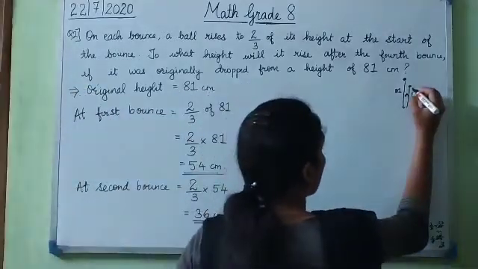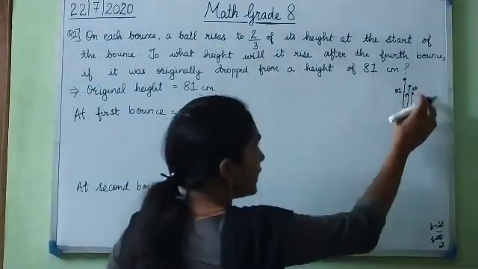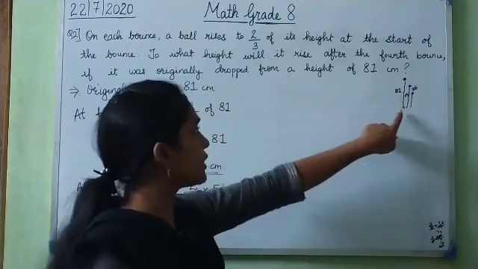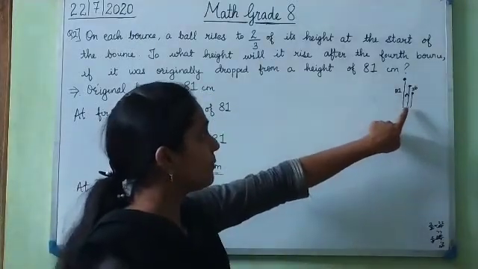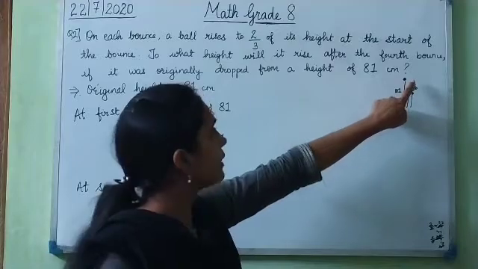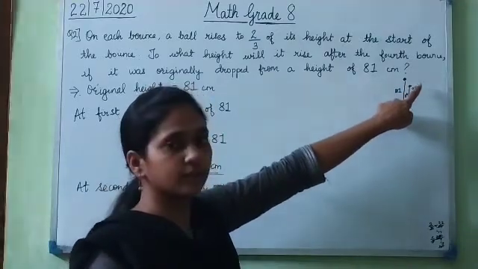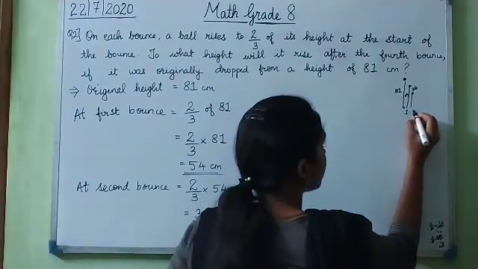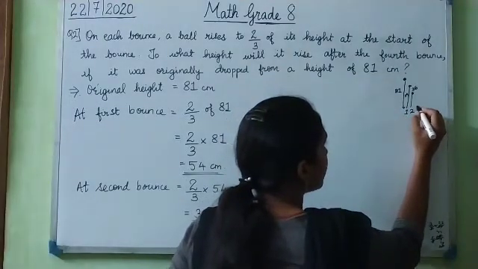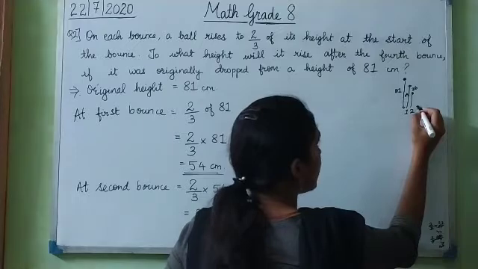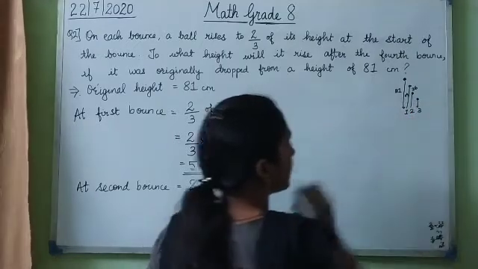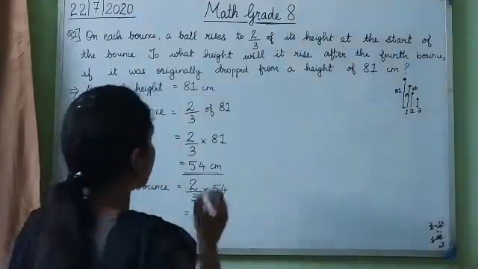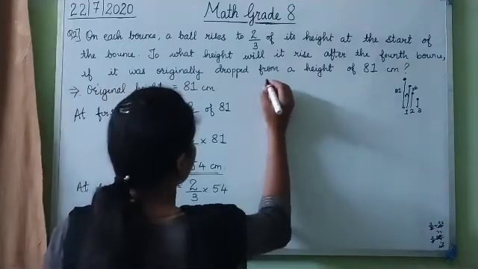So the third height which I have got is 36. Now again it bounces. So how many times has it bounced? It has bounced for the first time, then it went to 54 height, again it bounced and went back to 36. This was the first, this was the second, now it will bounce for the third time. From here it will go to some height, so that height we will find now.